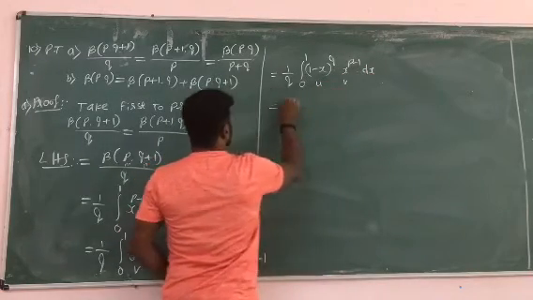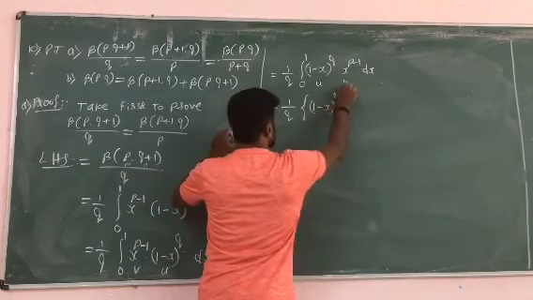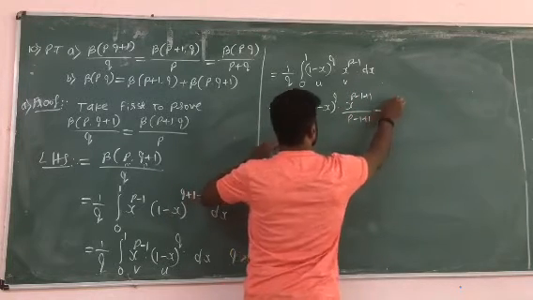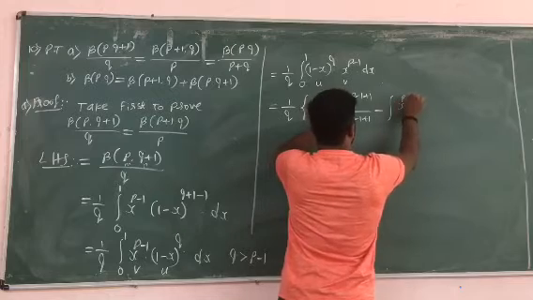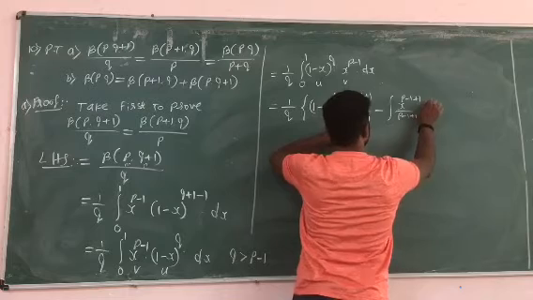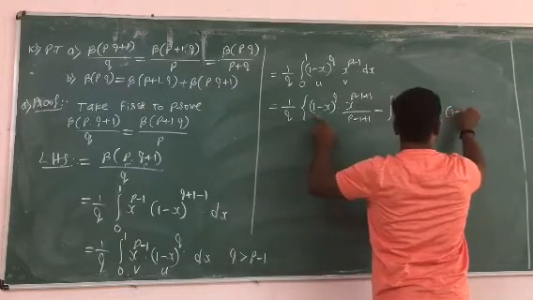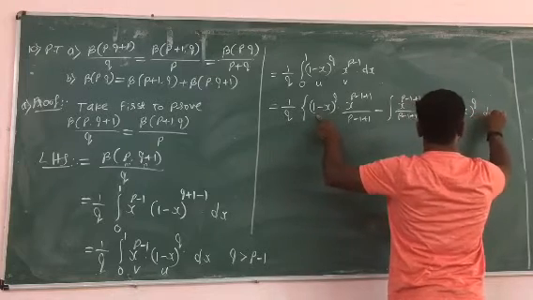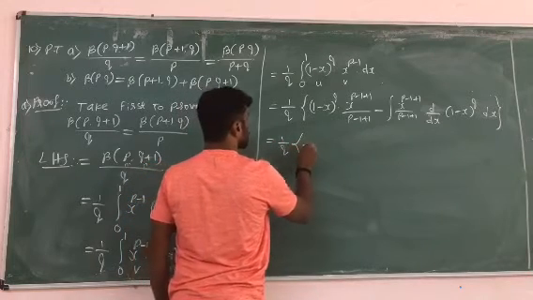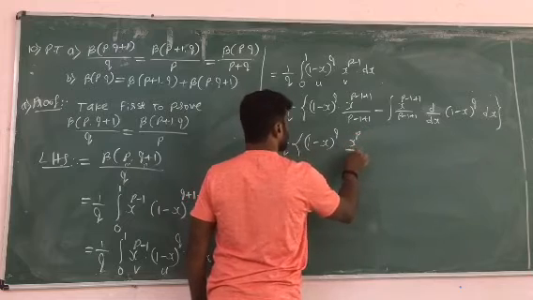Use the direct form, it is u into v. So 1 divided by q, first function as it is, integration of second function divided by p minus 1 plus 1, minus integral of integration of second function as it is, into differentiation of first function, d by dx of 1 minus x raised to q, into dx, using this part. Okay? So that equals 1 divided by q, into q, it is x raised to p divided by p.